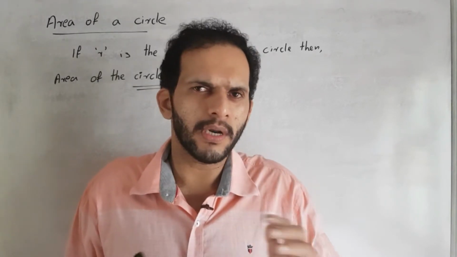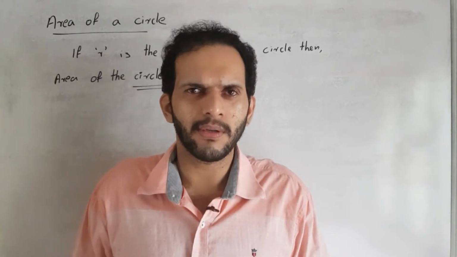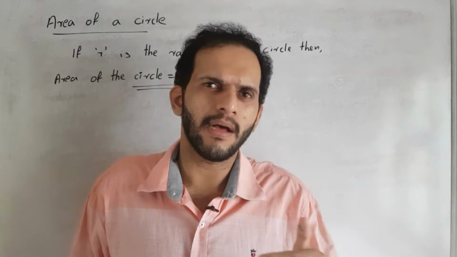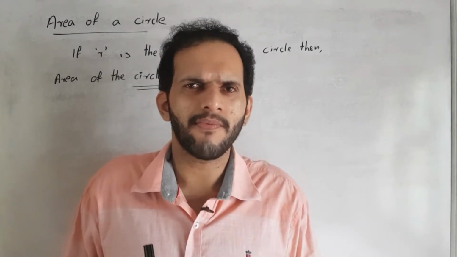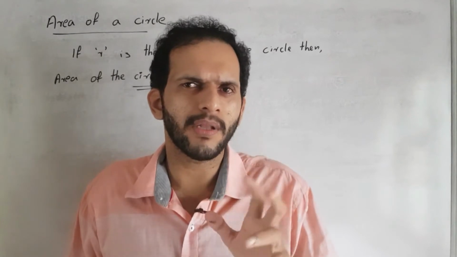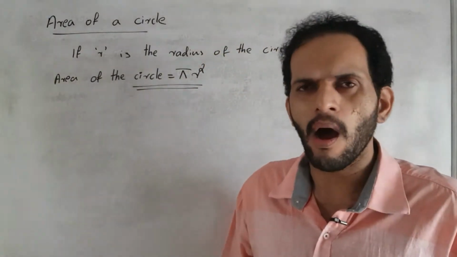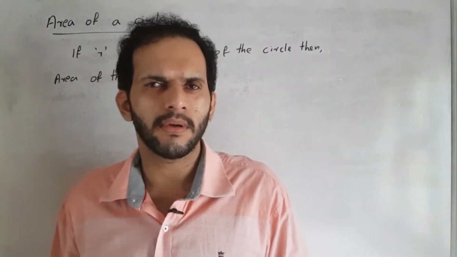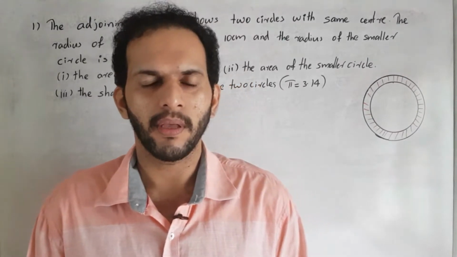Then we already know the relation between radius and diameter. What is the relation between radius and diameter? Yes, the radius is half of the diameter. It is the same idea, the only difference is that here we use the equation to find the area of a circle, which is equal to, yes, pi r square. What is the area of the circle? Pi r square.